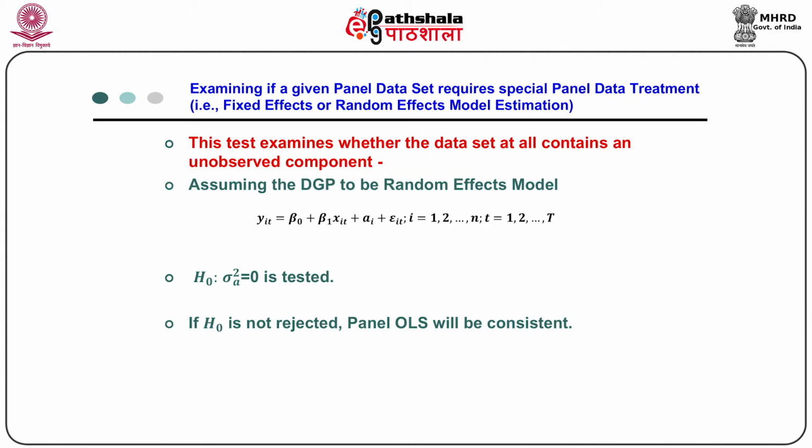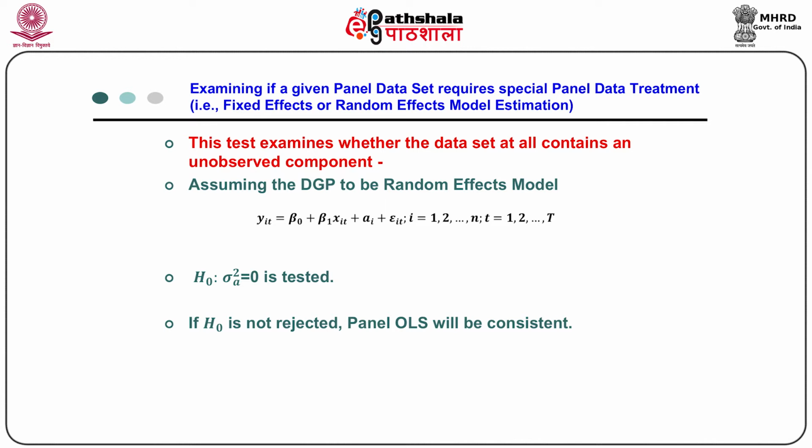Now, let us examine how we should distinguish between fixed effect model or random effect model. Is there any test to examine whether we should use fixed effect model or random effect model? The test that examines whether the data set will contain any unobserved component, assuming the DGP is coming from the random effect model, is given by Y_it equal to beta naught plus beta 1 x_it plus alpha_i plus epsilon_it,